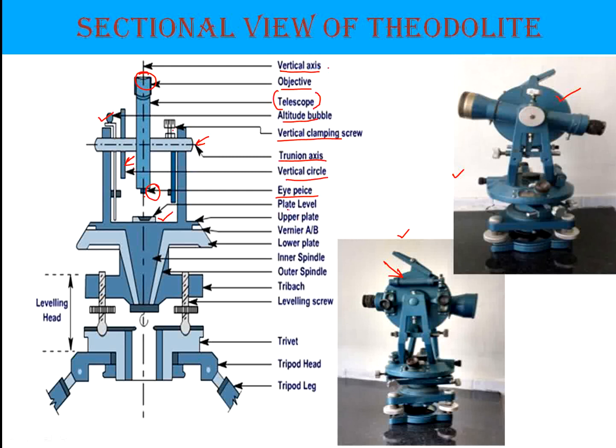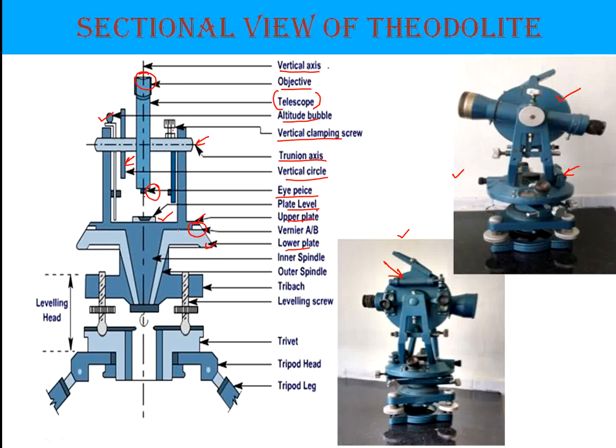Now coming to the plate level. I have already said a bubble tube will be also provided at the bottom near this graduation circle, and that is termed as the plate level. Okay, you can see the plate level here. This is the bubble tube. Now regarding the plate, this will be having an upper plate and also a lower plate. So this is the lower plate and this is the upper plate, and to this upper plate we can see